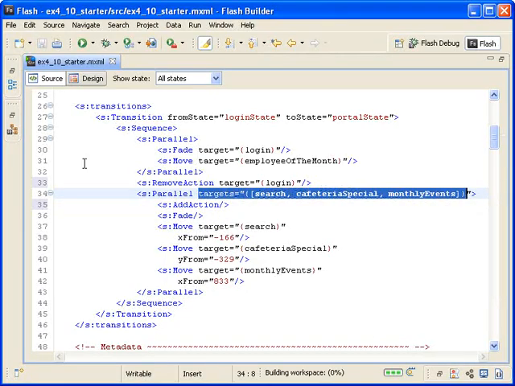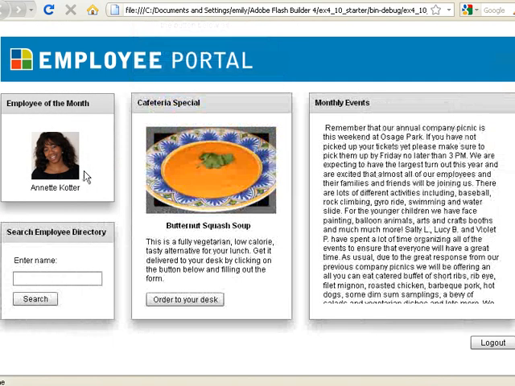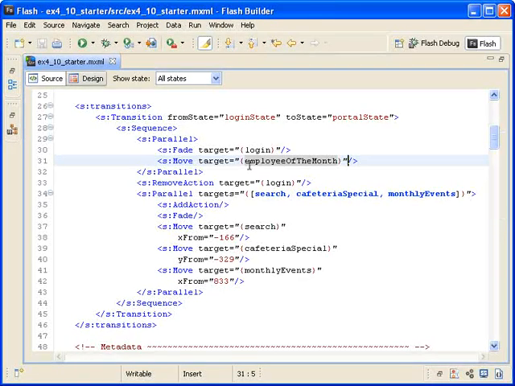Now when I save the application and run it and log in, you can see that the components all animate properly, except that I want to make some slight fixes to the Employee of the Month container. Back in Flash Builder, I'm locating the first parallel effect tag and the move effect that targets the Employee of